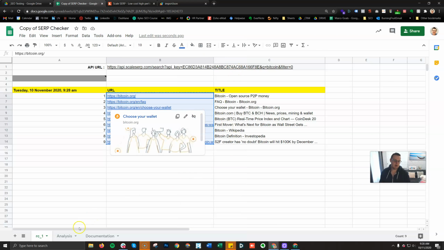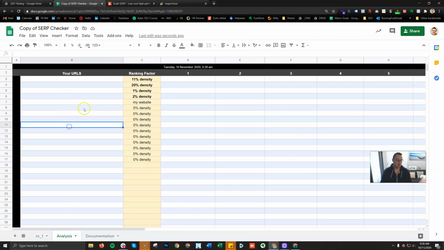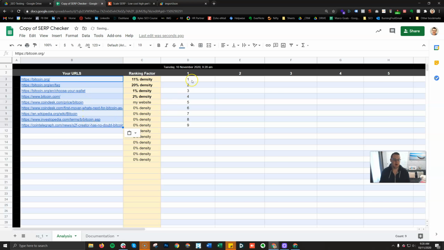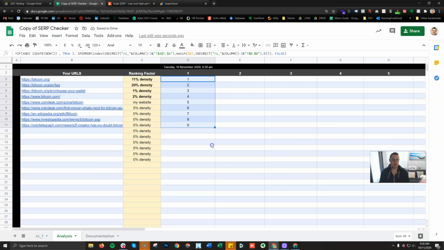To analyze those, the next step is to come into our analysis field here and paste in these URLs, which will then automatically pull in these rankings for us. And going forward, that's going to be done automatically as well. So what we do here to automate this, we can now come to Tools, Script Editor,